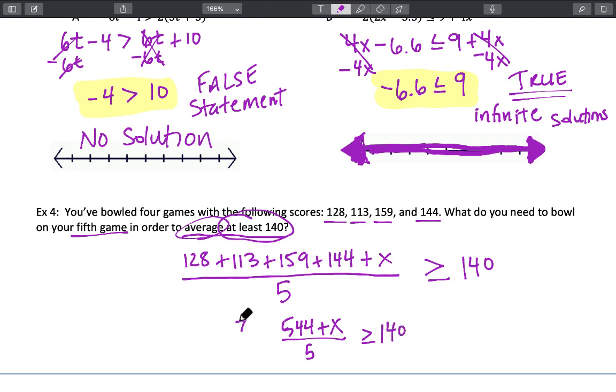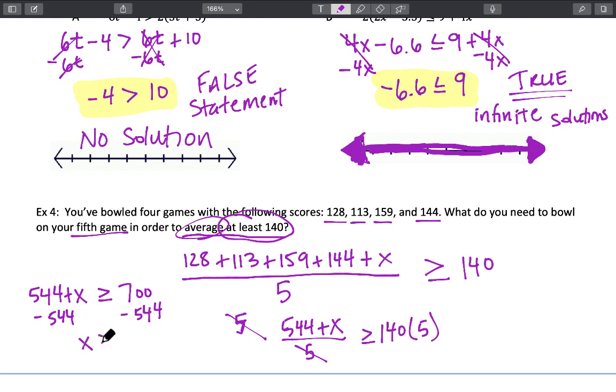Next, we're going to multiply the 5 over to the other side here in order to get it out of the denominator. And I'm left with the inequality 544 plus x now has to be greater than or equal to 5 times that 140, which is 700. And now I need to subtract my 544 from both sides. And that's going to give me an x value, or in other words, that value of that 5th game has to be greater than or equal to